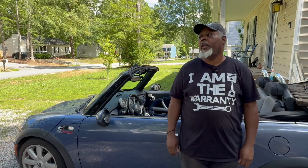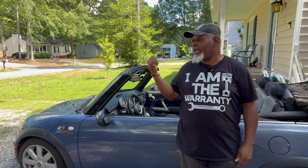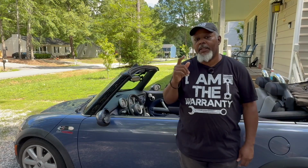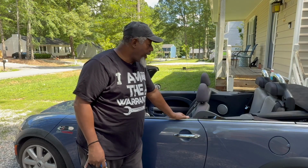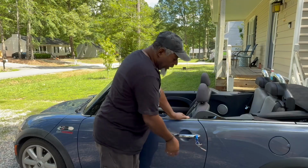So now, today's video, or today's attempted video, I've got an issue with an alignment on our roof. I probably should put the roof up so I can show you what I'm talking about. Let me grab the key. For those of you who may not know, this is a 2005 R52 supercharged version, a Mini Cooper S. I'm gonna take the key, stick it in the doorknob, and turn it to the right and hold it. And that locks the doors. But if you hold it,